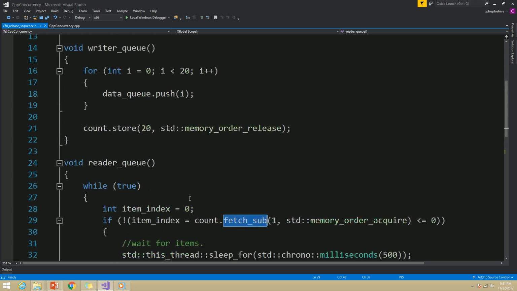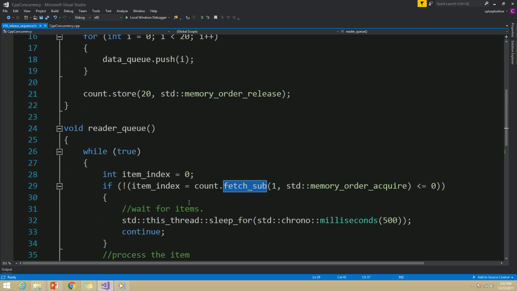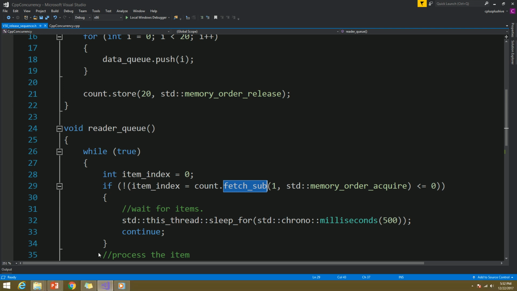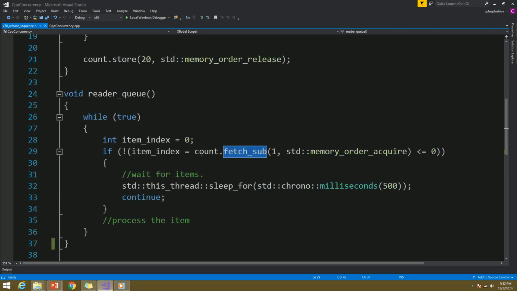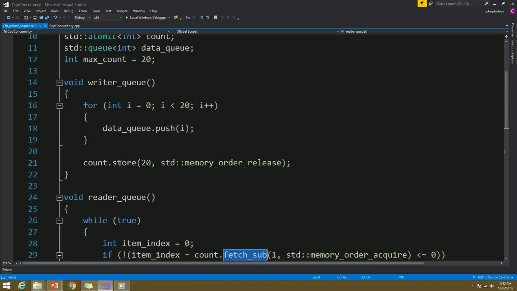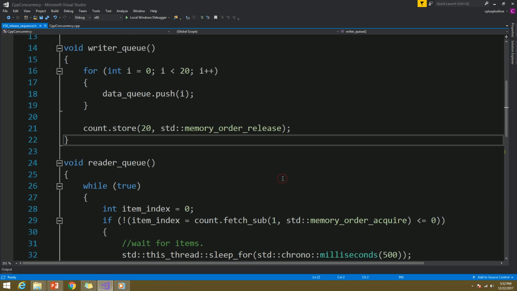Now let's see how we can establish the synchronization between the writer thread and reader thread 2. In reader thread 1, we perform the fetch sub function, which is a read-modify-write operation. And in reader thread 2, we read the value stored by reader thread 1. So the writer thread, reader thread 1 and reader thread 2 will establish a release sequence, and since there's a release sequence, the final read, the fetch sub function performed by reader thread 2, will synchronize with the writer thread's store function in this statement. So that's how we can logically deduce synchronization with the release sequence.